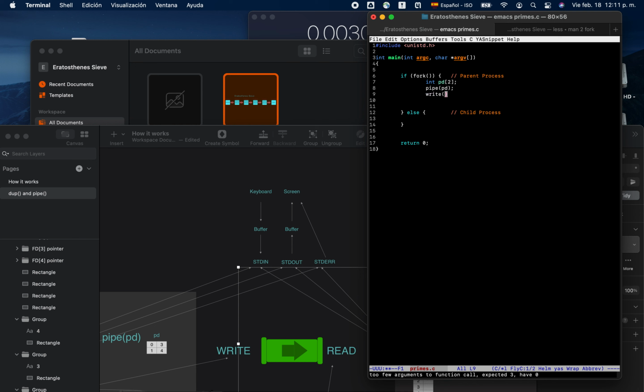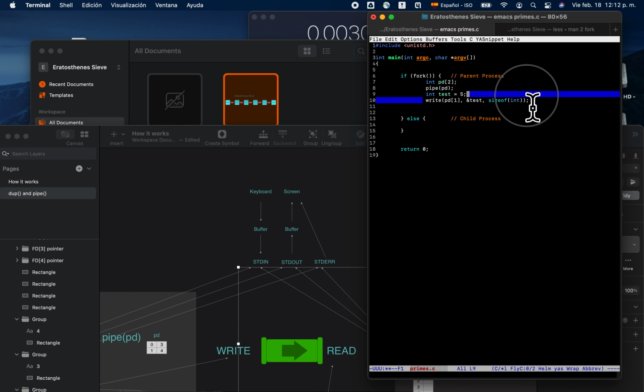It could still say, let's write. You could say, let's process descriptor 1. You could write an int. Let's say int test equals 5. You could write test, size of int. So the parent process could write to that,